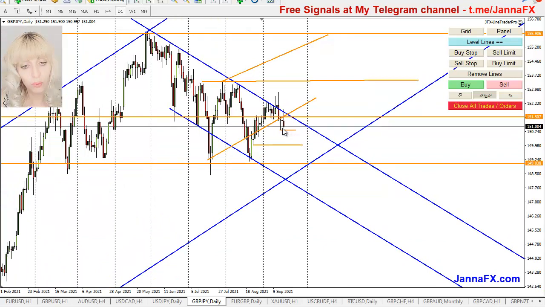At this moment, yes, it's broken through, but you see, it's not guaranteed. It can turn around again and then try to go back up, so you never know whatever the news brings. But technically, looking at this moment, I would say more towards the downtrend, okay, so that's how I keep it at this moment.